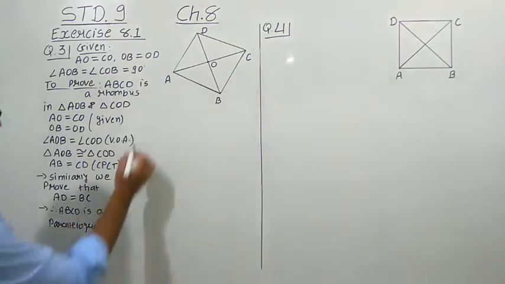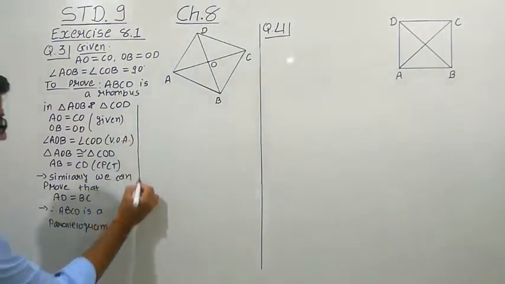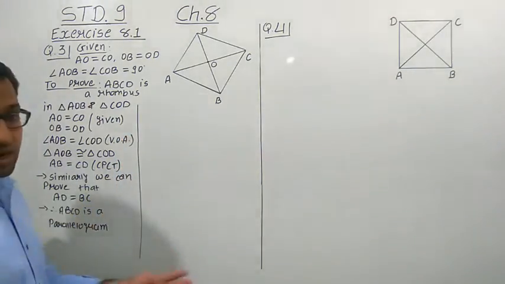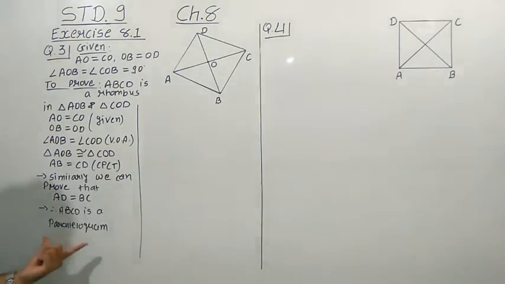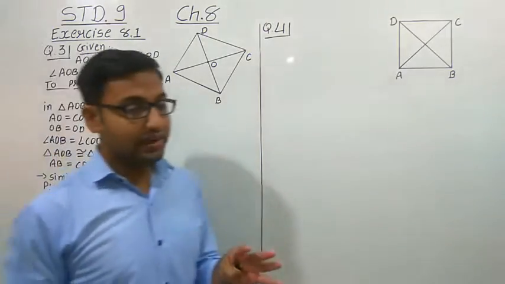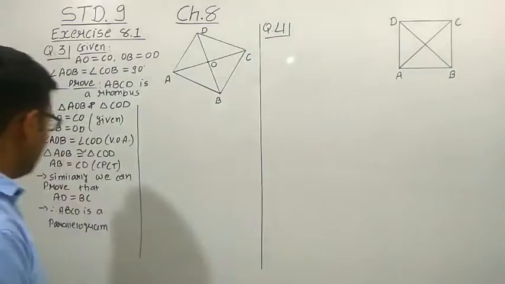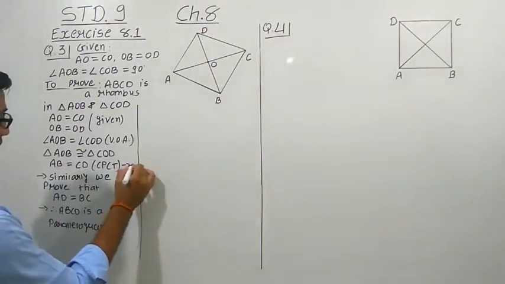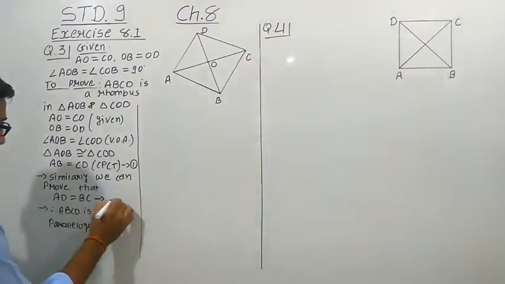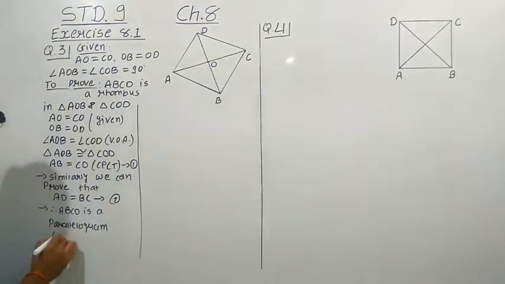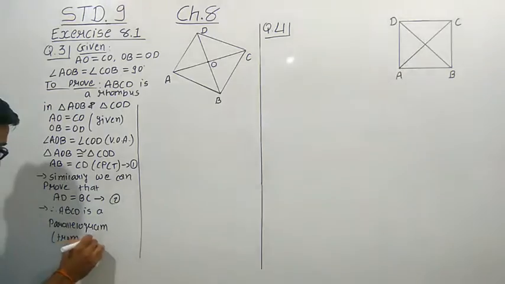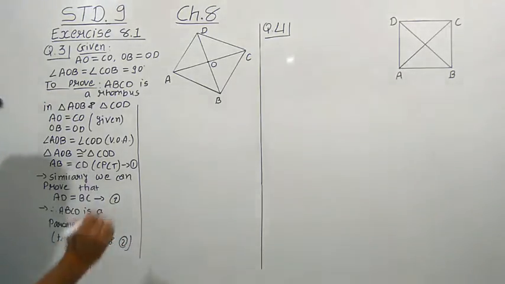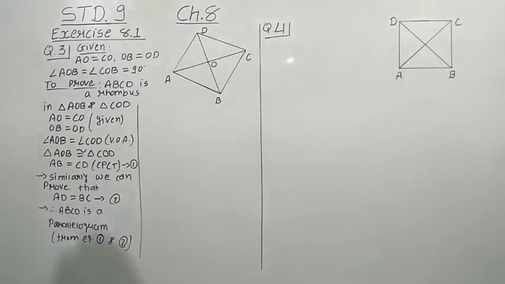What we have proved is that ABCD is a parallelogram. So the first step, from quadrilateral to parallelogram, we have proved here. Now we have to prove that ABCD is a rhombus. So we have to show that all the sides are equal. See, here we have proved that AB is equal to CD, equation number 1, and AD is equal to BC, equation number 2. From equations 1 and 2 we can write this result, that both pairs of opposite sides are equal, and therefore ABCD is a parallelogram.